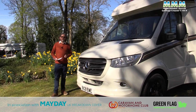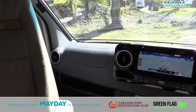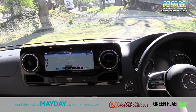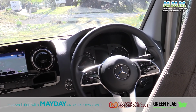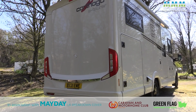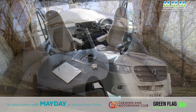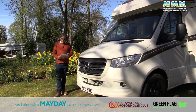The single most expensive option on this vehicle is one you certainly won't want to be without, and that's the chassis pack, because it gives you the cab air conditioning, Tempmatic Mercedes call it, cruise control, higher output alternator, an electric handbrake, so nothing to get in the way when you spin the front seats round, a 92-litre fuel tank, tilting front seats, and automatic windscreen wipers. There's probably a few bits I've forgotten too, but all that lot comes to